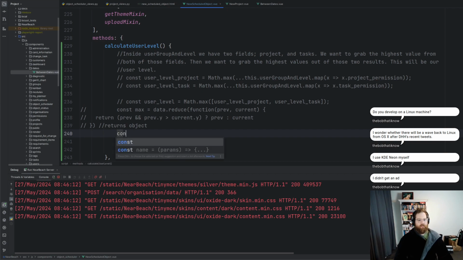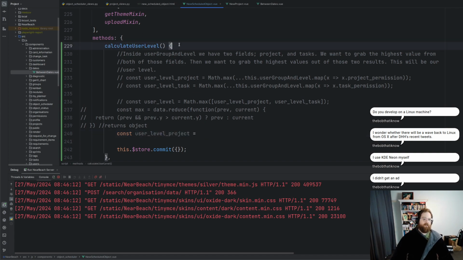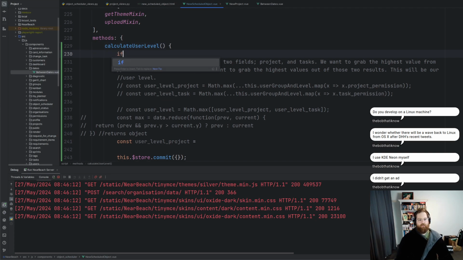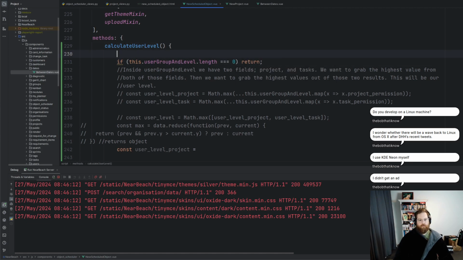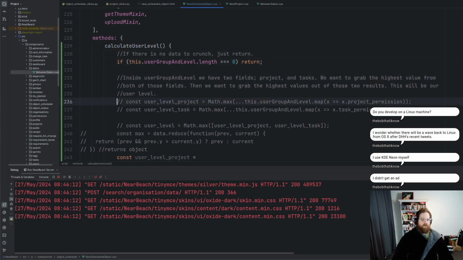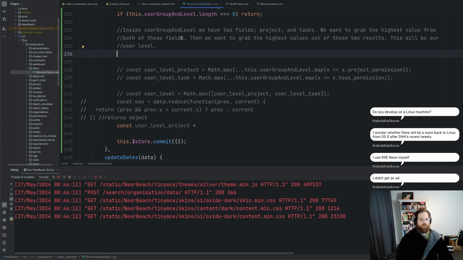So const userLevelProject will equal, and if there is no data, the user shouldn't get here. So if this.userGroupAndLevel.length equals 0, just return. If there is no data to crunch, just return. Simple as that. All right, so what we want to do is we want